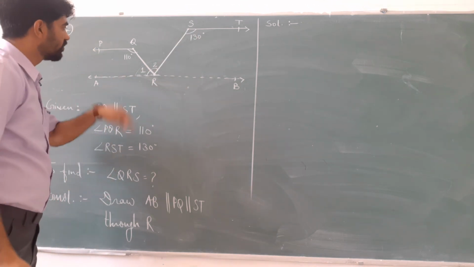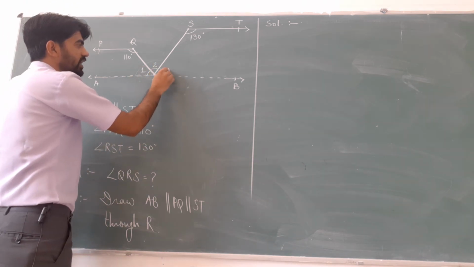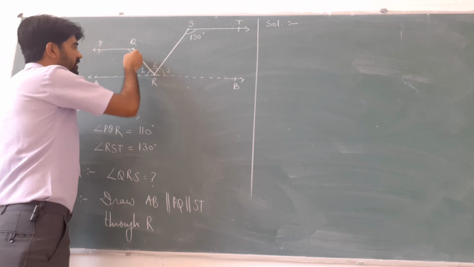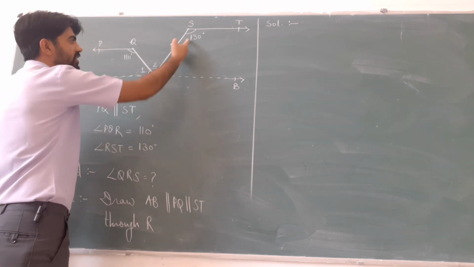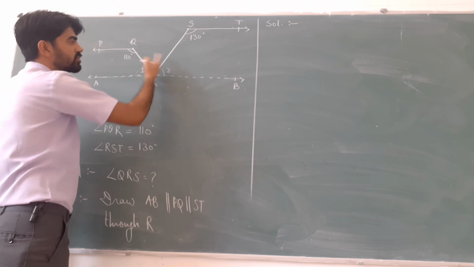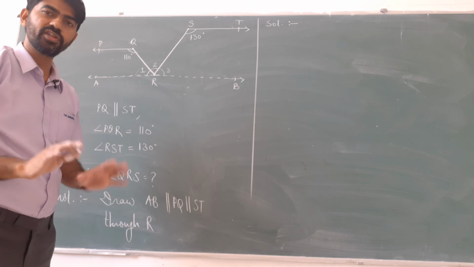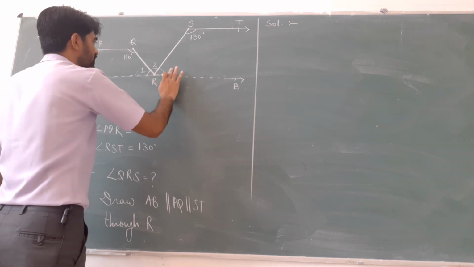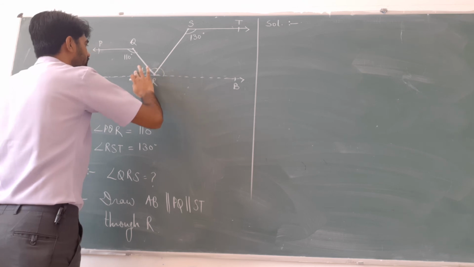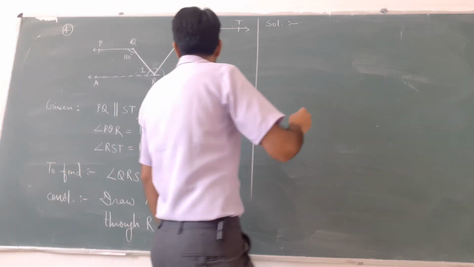Okay. One more way is there. We can take this angle to be angle 3. We can find this angle, it will come 70 degree. This angle, it will come 50 degree, and then we can use linear sum property. Again 2-3 methods are there. So I am discussing only one out of them. So I am taking this angle to be angle 1. Okay. Now see,